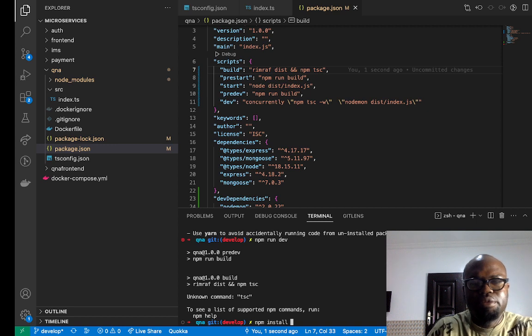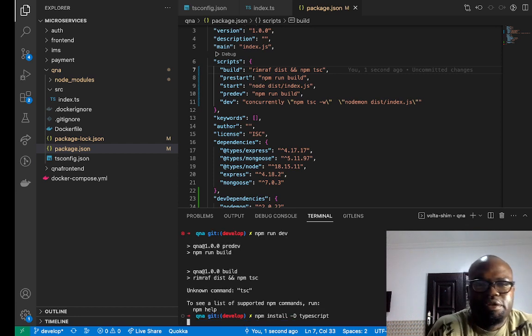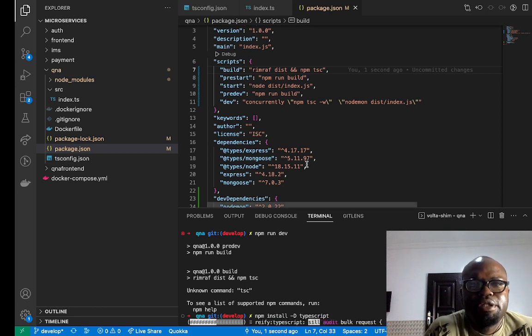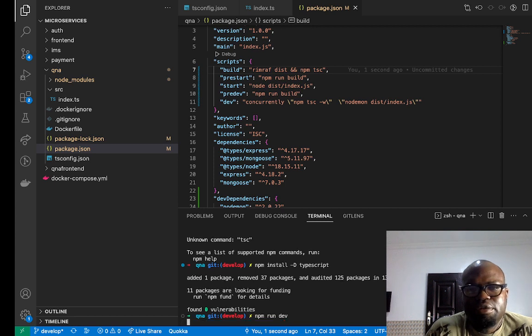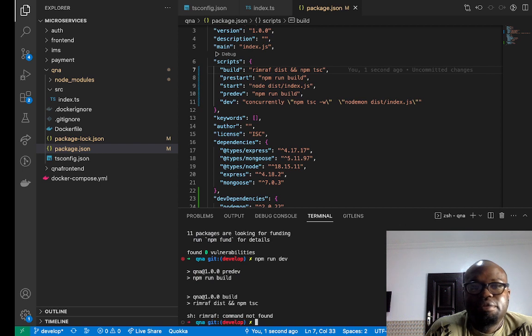So I can still do npm install to make sure that I have the TypeScript. Okay. Let me still install TypeScript as a dev dependency so that I make sure there will be no error on tsc. Okay, so this is where I will be stopping. So with that, I think okay, installed. So I can now run the, yeah. So next,